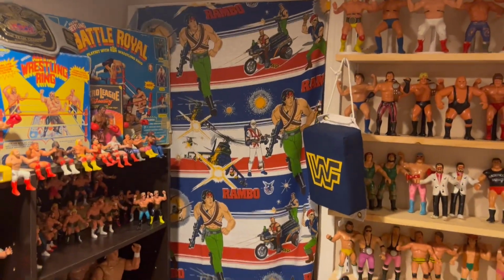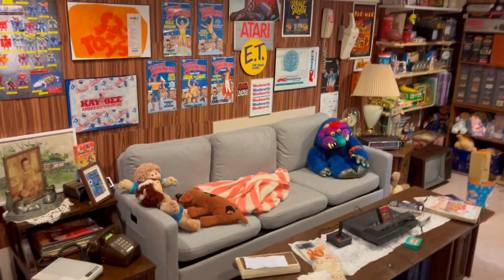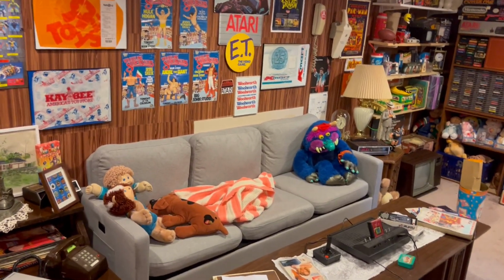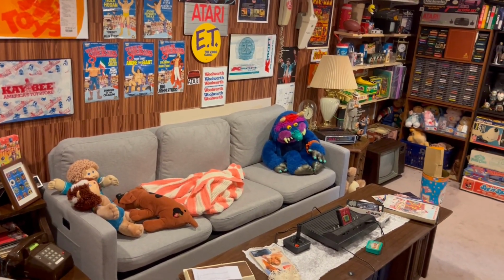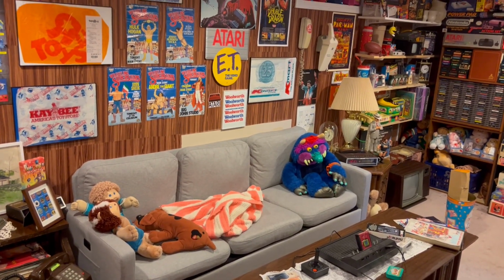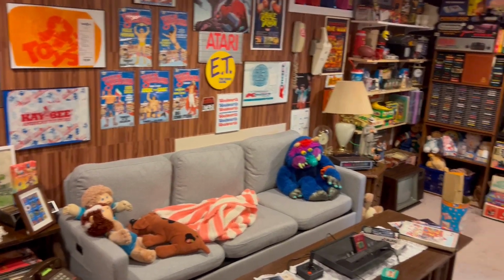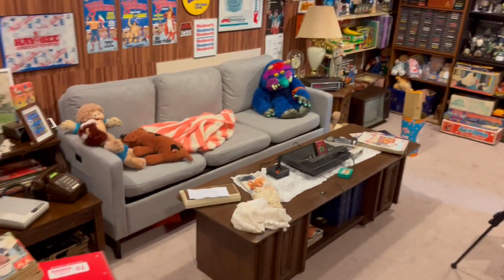We walled off, we curtained off the sump pump room. Here's another look at the living room set. I've got to get some more paper and cover up that spot on the wall where the couch doesn't cover the wall, because I want it to all look paneled. But there we have the set